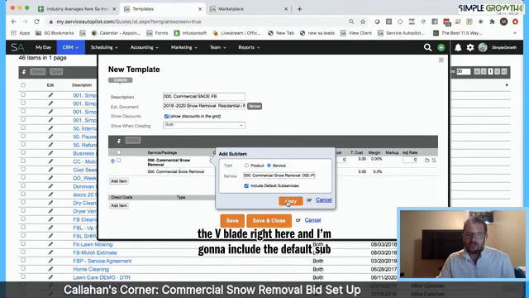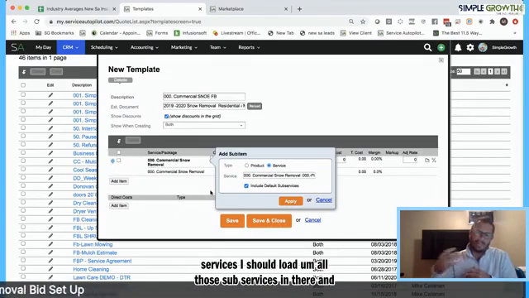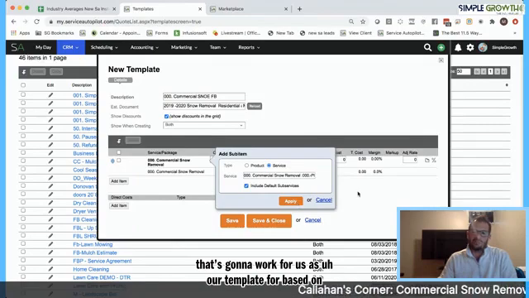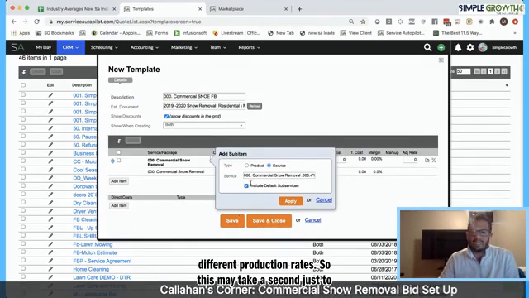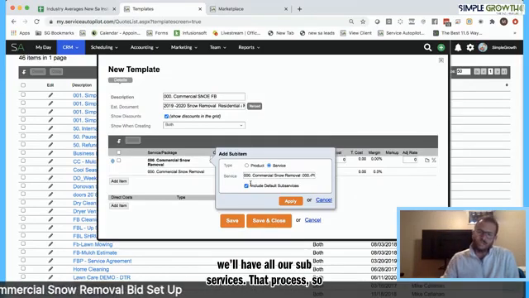So it should load all those subservices in there, and then that's going to work for us as our template based on different production rates. So this may take a second just to load in, but once it loads in, we'll have all our subservices for that process. So let's see if,